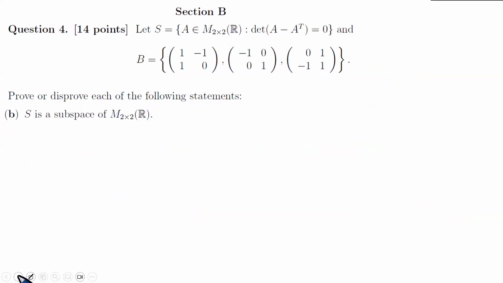Right, we look at the next point. So the next point is point B. We need to prove or disprove each of the following statements. Now, we need to show that S is a subspace. This is very interesting because we have already proven that it is